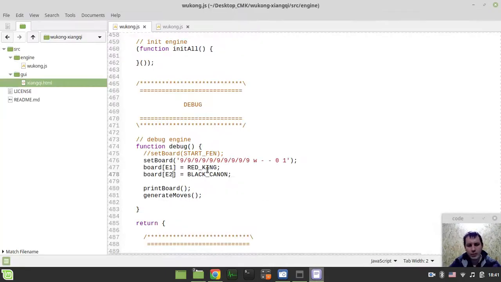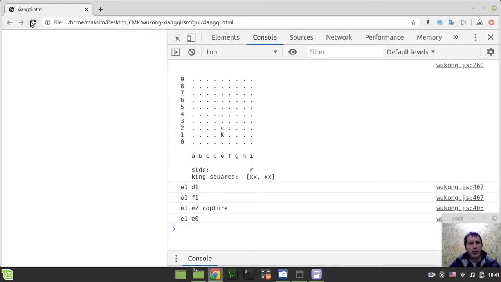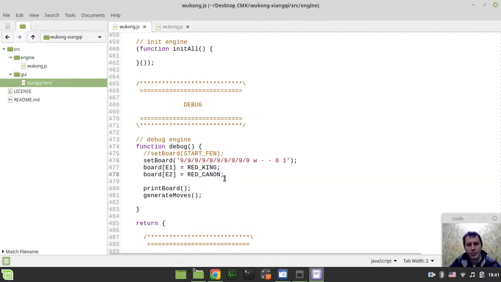Okay, but if this would be an own color piece, so let's say a red cannon, in this case it's just not going to be there, not going to capture. So only D1, F1, and E0. So that's the idea. And exactly the same is done for